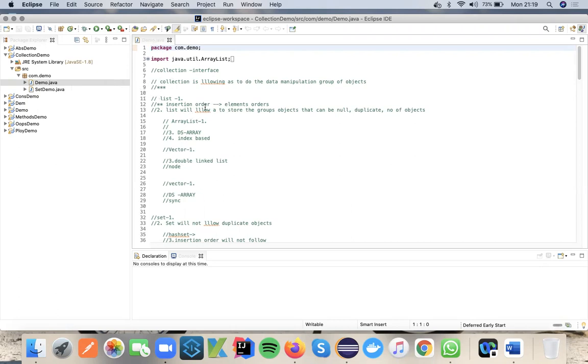Based upon our requirement, we have to use the certain collection interface that will help us to achieve our goal. The ultimate goal of all the collections is data manipulation, but based upon our requirement we have to select. We have discussed each and every collection class's advantages, so based upon that we have to select which class or interface to use for a specific requirement.